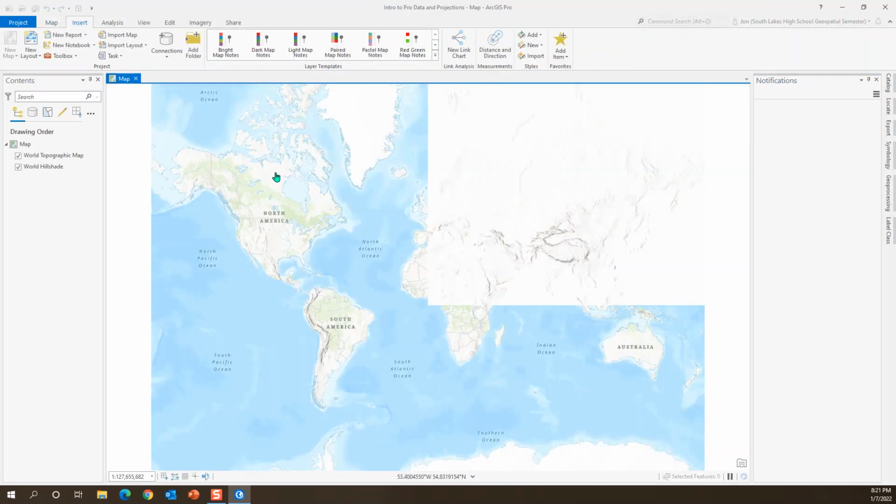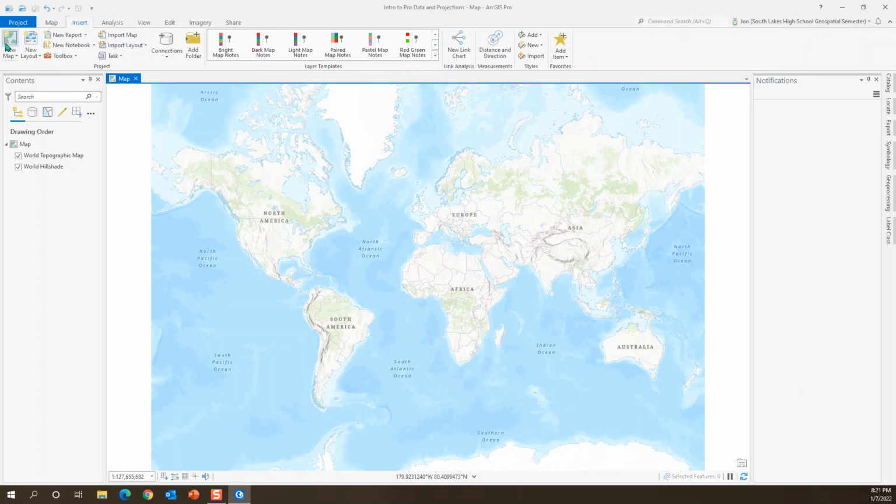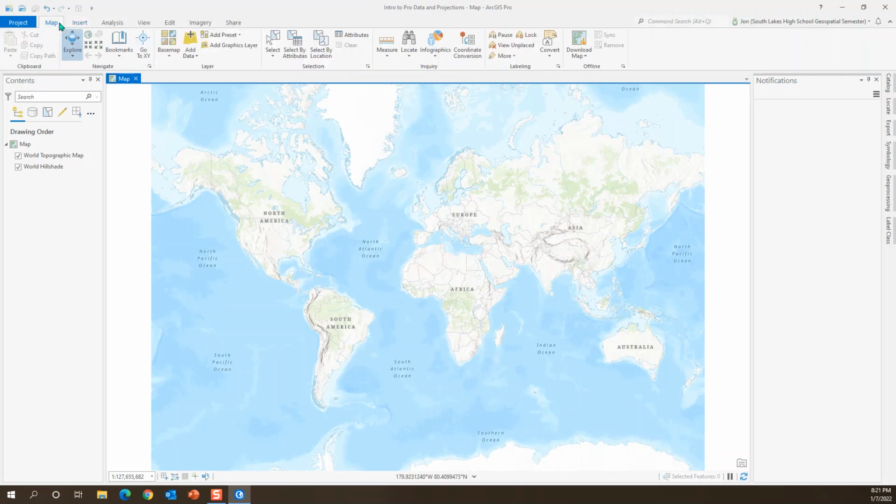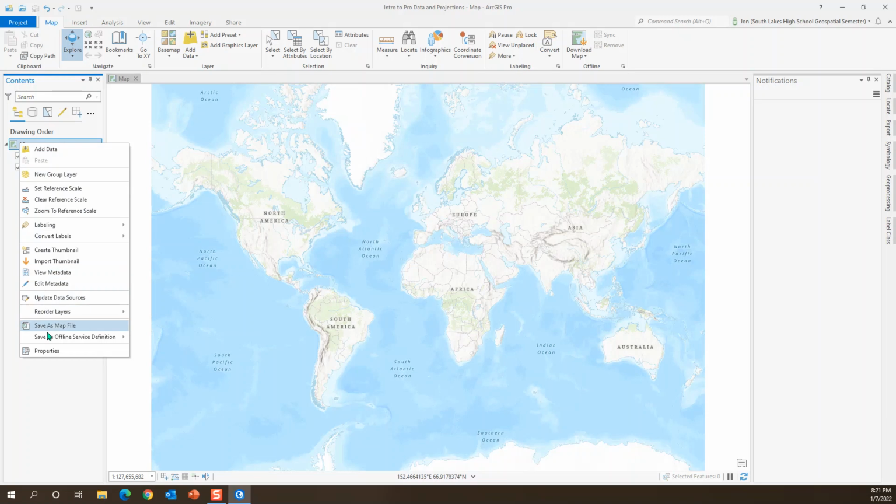It defaults to this insert, like new map, but we don't need to because we chose to make a new map. And now I just want to show you something about this map. You'll notice it's very exaggerated. Greenland's huge, so is Antarctica. So this is some form of a Mercator projection, and it turns out that this map, this projection, if you